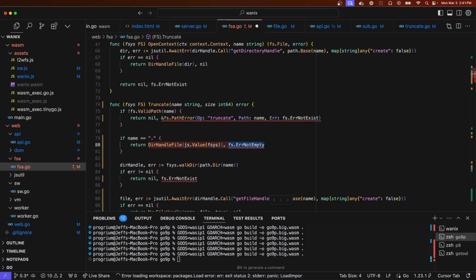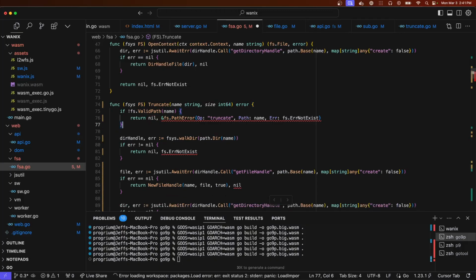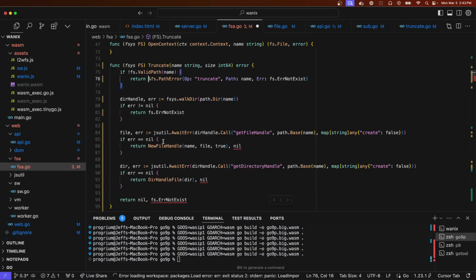Those things are not super well defined. I guess I'm just going to let it do whatever it does with directories, I guess. Get file handle.